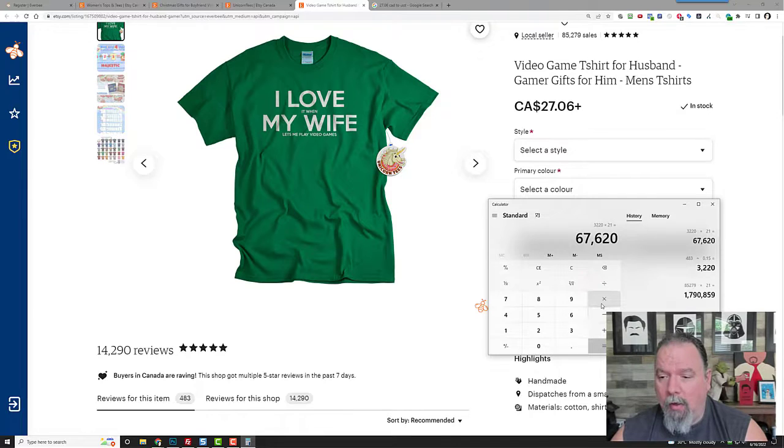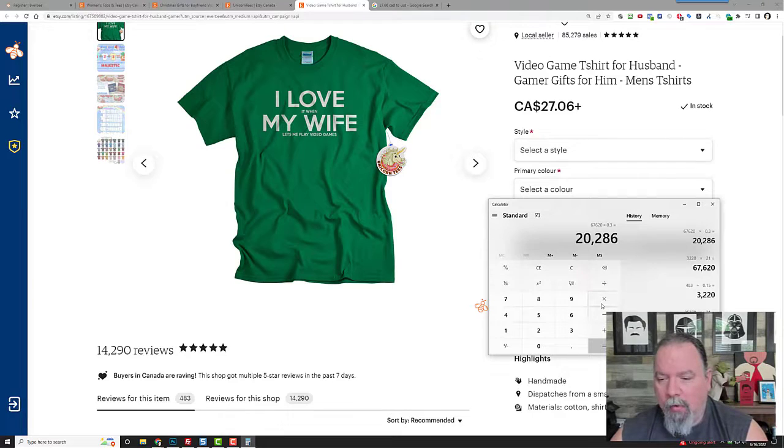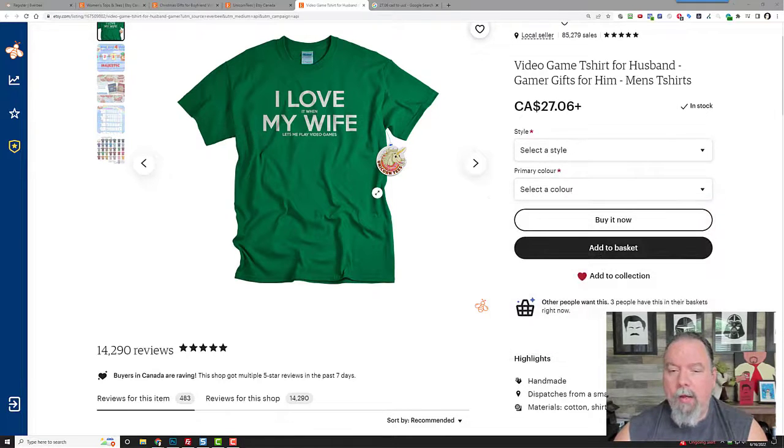Now, there are base costs and there's Etsy fees. So I'm going to assume that maybe 30% of that was profit, 70% was for costs. It's probably more than that actually with Etsy. So 20,000-ish, probably more. Yeah, because if they're not running ads on it, then their profit margin will be a lot more. It'd be more like 60% instead of that. So I did 30%. So let's call it 40,000 in profit on this one t-shirt,